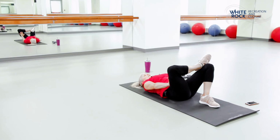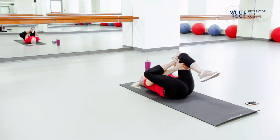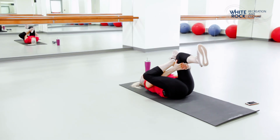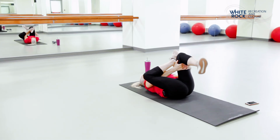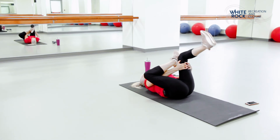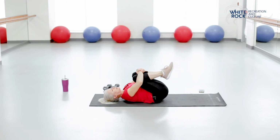Keep having those nice deep breaths, just relaxing. So you can keep it there, or taking a deeper stretch, you take two hands under your left knee and just bringing that right into the chest. Giving that left foot a circle, or whichever foot's hanging, just rolling it one way and then the other. Good, and then we're going to just tuck those knees back into the chest again, repeating that on the other